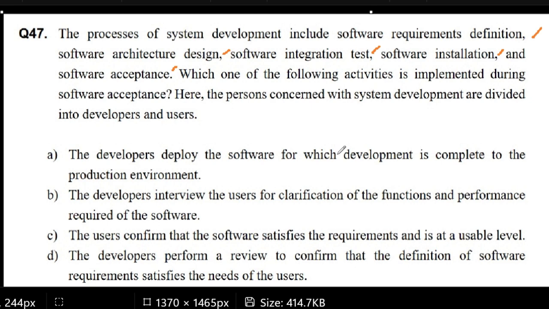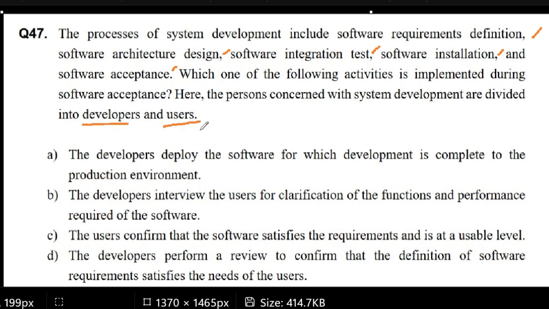We need to know which among the choices is done in software acceptance. Also, we have been notified that the persons concerned with system development are divided into two groups,